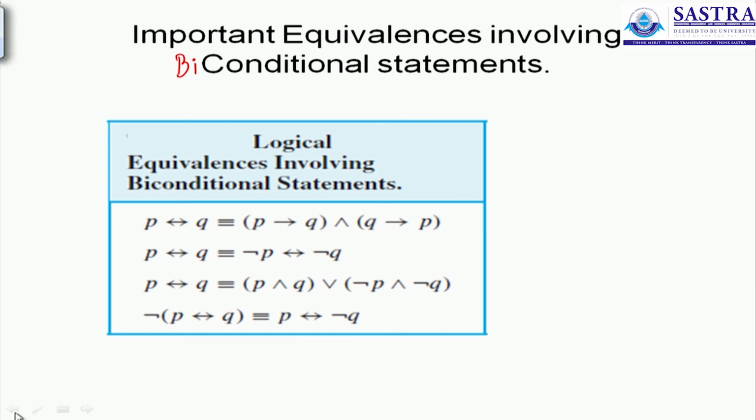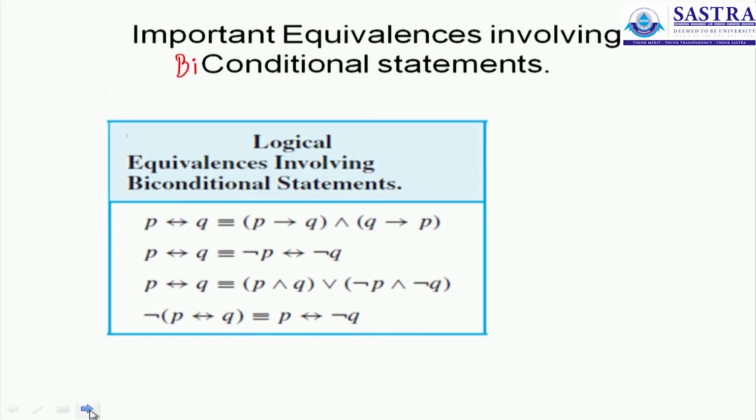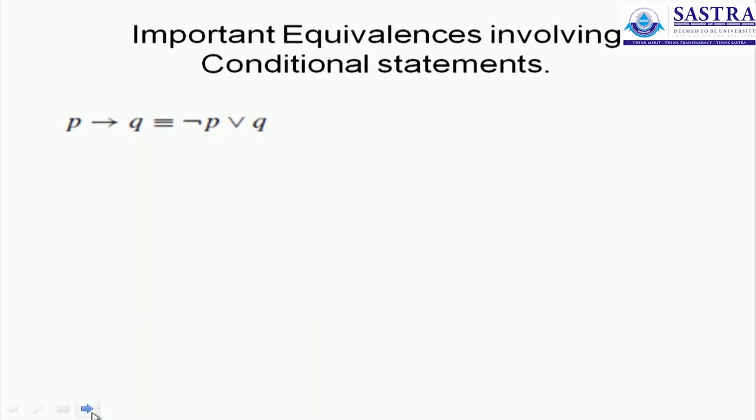In the last slide we had a look at only conditional statements. It was a one-way conditional statement. What if we had a two-way conditional statement? There are also instances of biconditional statements being equivalent to something else, and this table lists 4 important equivalences involving biconditional statements. Now we will verify a few of them just so that you understand what is happening and the